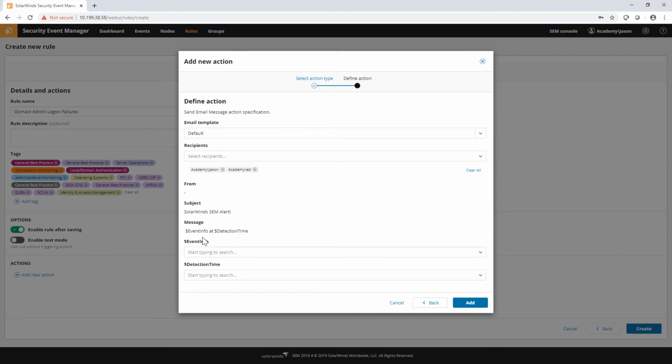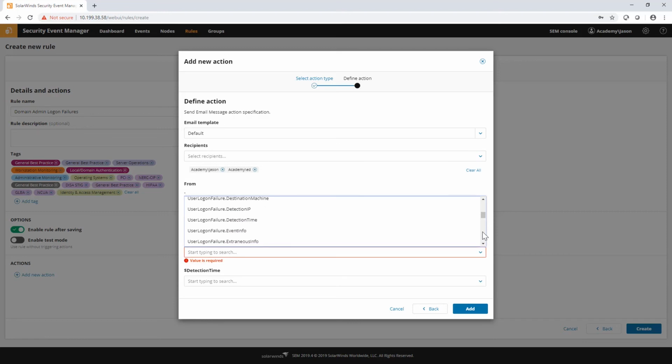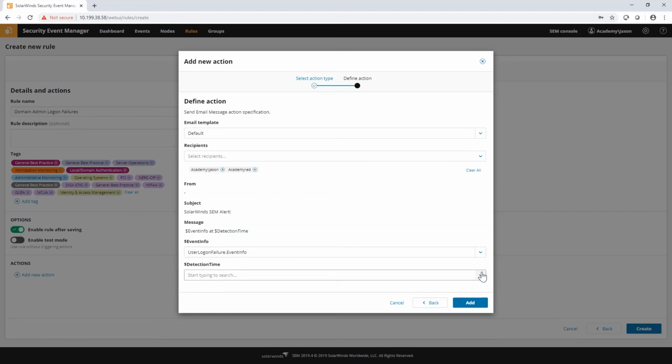So what this is designed to do when the rule fires is look at the source event or events, pull these variables or fields out of the original events, and put them into the message body. So you have more context and more detail in the message rather than having to just get the alert and then go back to SEM and look it up. Right now it's going to pull these two out of the original event, and I need to tell it what fields these parameters are going to correlate to exactly. So these ones are fairly obvious. It's literally labeled the field names that we want. So I'll just plug in the field names as appropriate, and that'll do it.